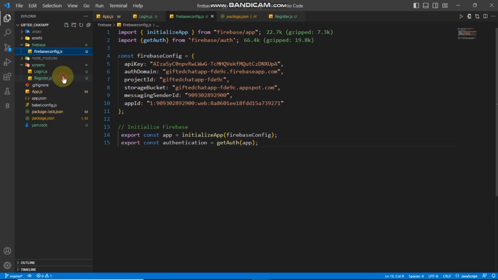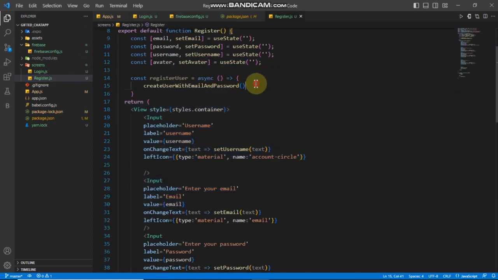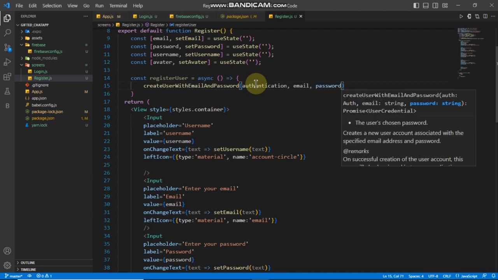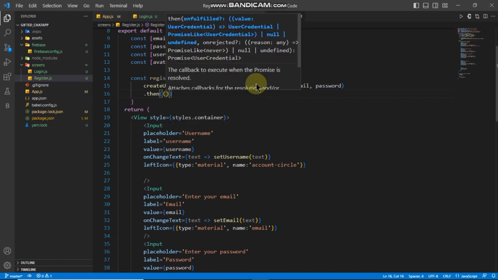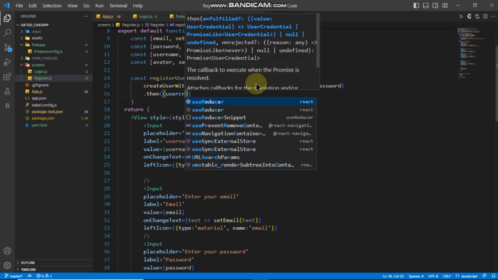So let's head back to our register. We'll pass in authentication, not onAuthStateChange, authentication. Then we need our email and our password. Good. So we can then tag on a then method. In this then method we'll have our user credentials,